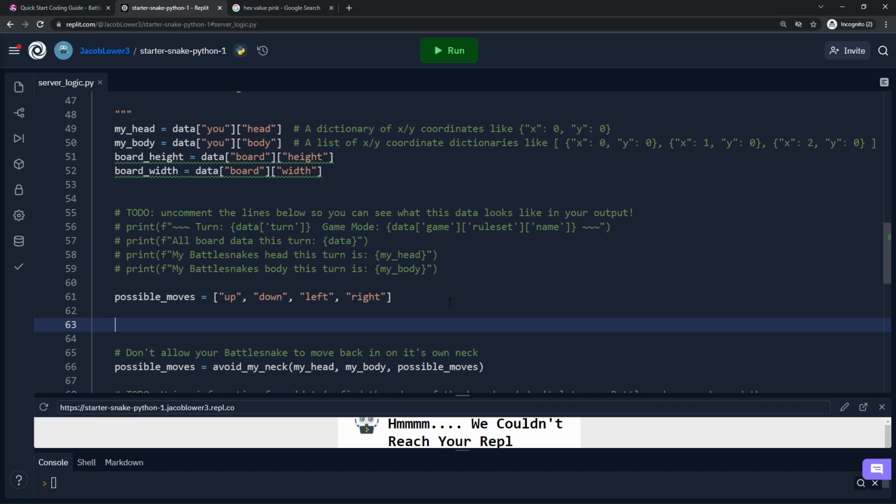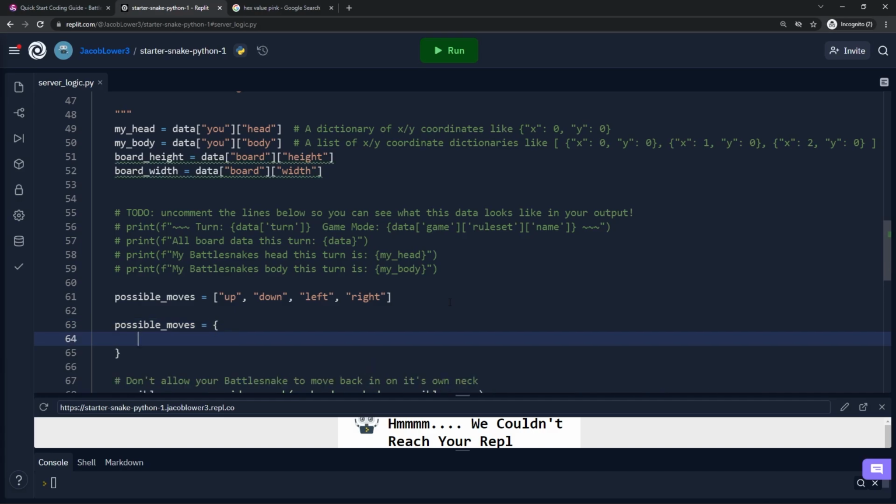So one of the things we can do out of the gate is change these possible moves, and we also want to update where we would be if we completed this move, because then we can test if it's a valid move and different things like that. So what I want to do is kind of foresee the future a little bit. If I'm going to move up, then where will I be on the next turn? So I'm actually going to erase the list from above, and I'm going to create a new dictionary of possible